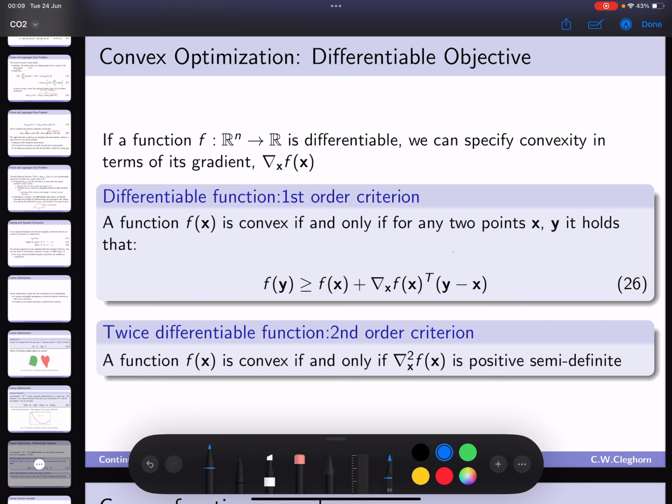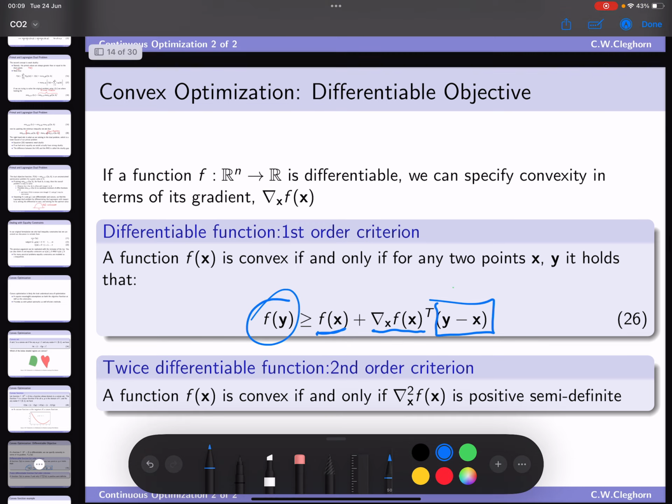So if a function f, again mapping from n dimensions to a scalar output, is differentiable, we can specify convexity in terms of its gradient. This is known as a first order criterion. So for a differentiable function, a function f of x is convex if and only if, for any two points x and y, the following holds. If I take a point x in the domain and then evaluate its gradient and then approximate how much f should change when I move to y using that gradient,